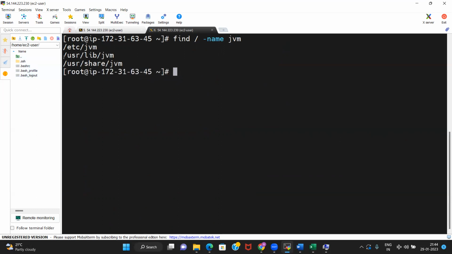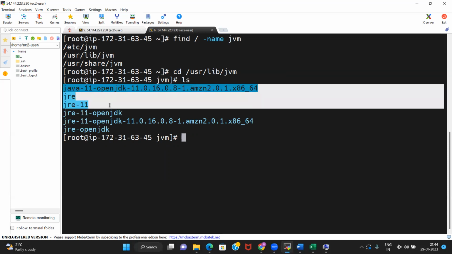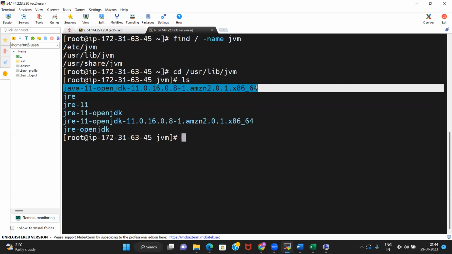Now it will be within /usr/lib/jvm. So let us cd there, and within /usr/lib/jvm, Java is this thing, Java 11 OpenJDK. So this is the complete path of Java.